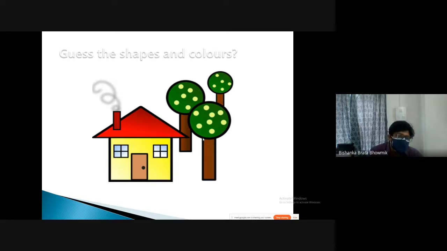So maybe you can give any figure or any shape, or physically you can go somewhere and show the students, okay, now can you tell me what shapes you can see? From there they should be able to collect the information that, okay, I can see this shape, I can see the circle, I can see the rectangle, I can see the triangle. Like if you have a duster, you can show them, okay, what shapes can you see? With the duster, they will be able to see the rectangle.